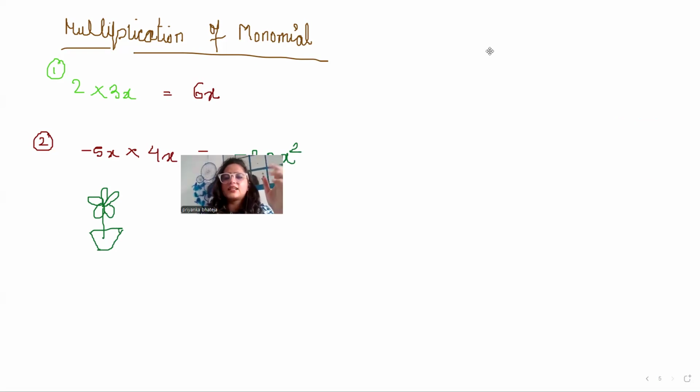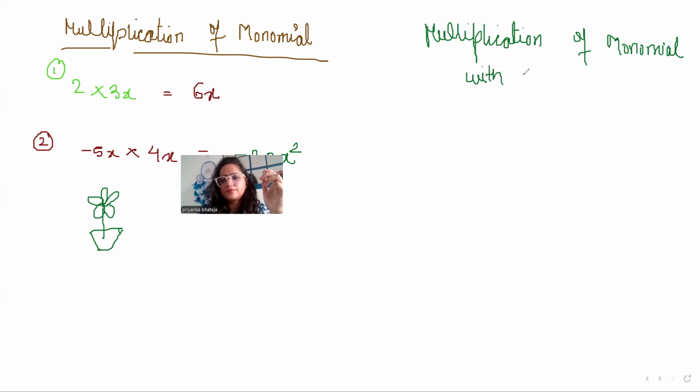Now, after this, our concept comes: multiplication of monomial with binomial. If I'm writing 3 times, this is my only one term, so I can consider it a monomial,